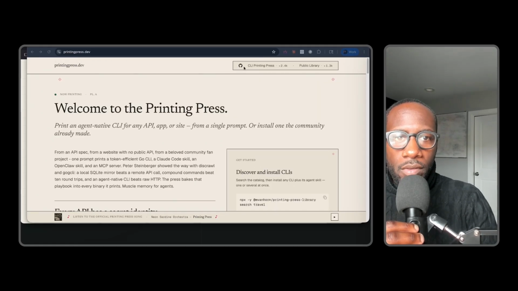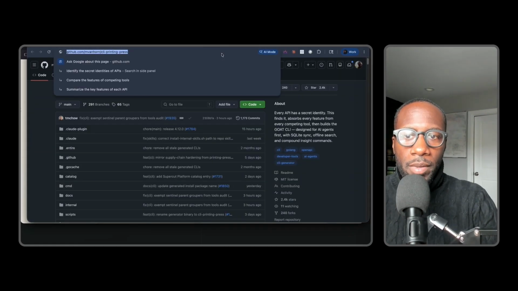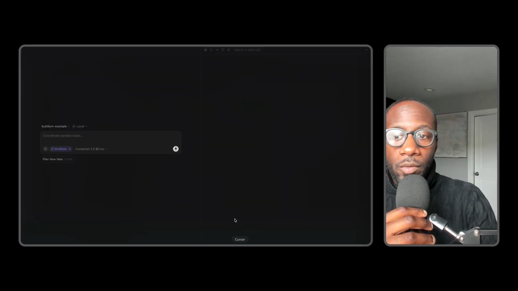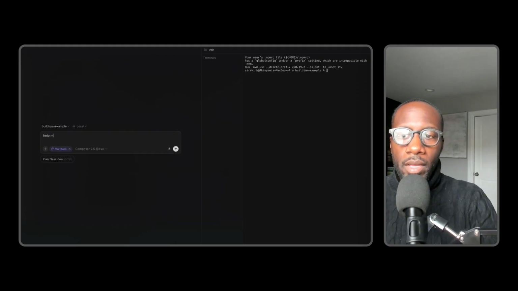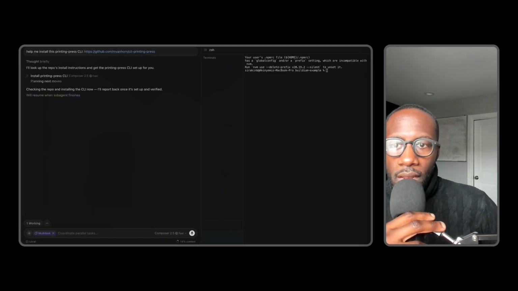So I'm going to go up top to the GitHub repo for this. We're going to copy, and then we're going to go down and open up Cursor. So we're in Cursor here already. I've already created a sample project, and then we're going to go into the terminal and say, help me install this printing press CLI. I'm going to paste in the repo,